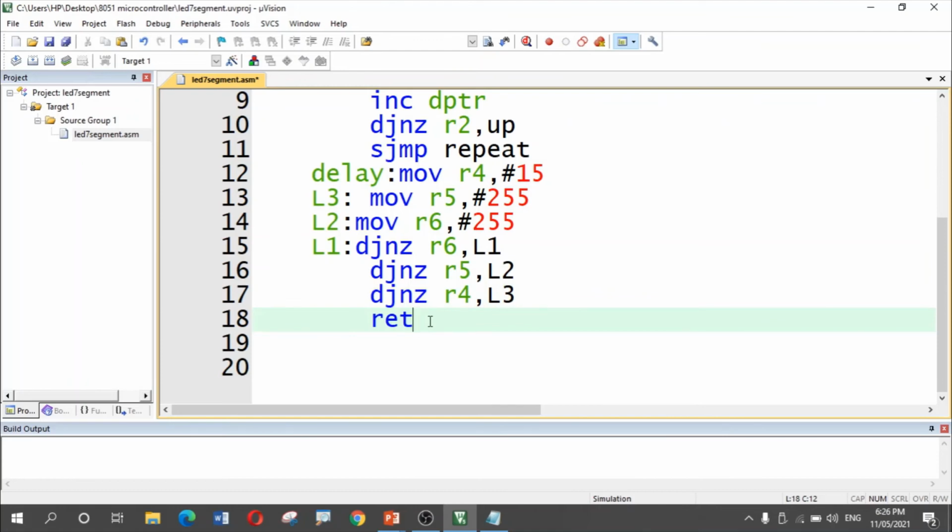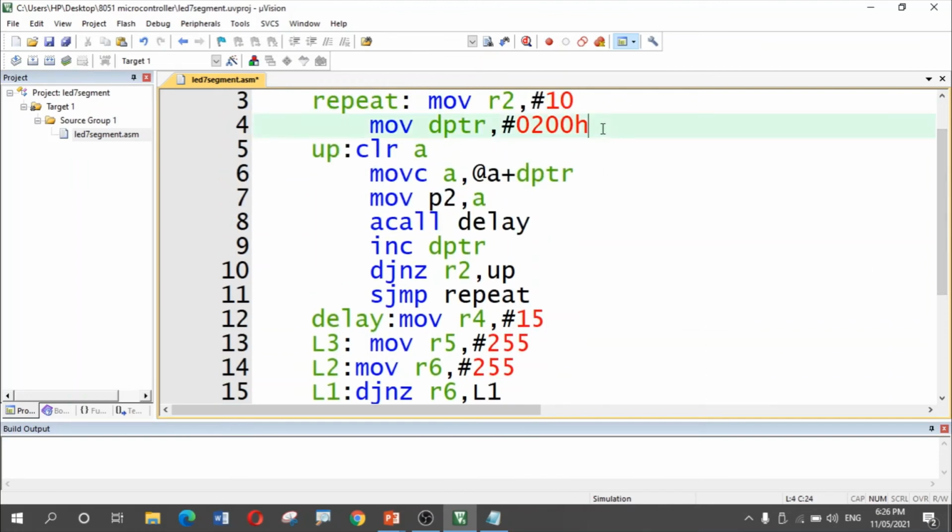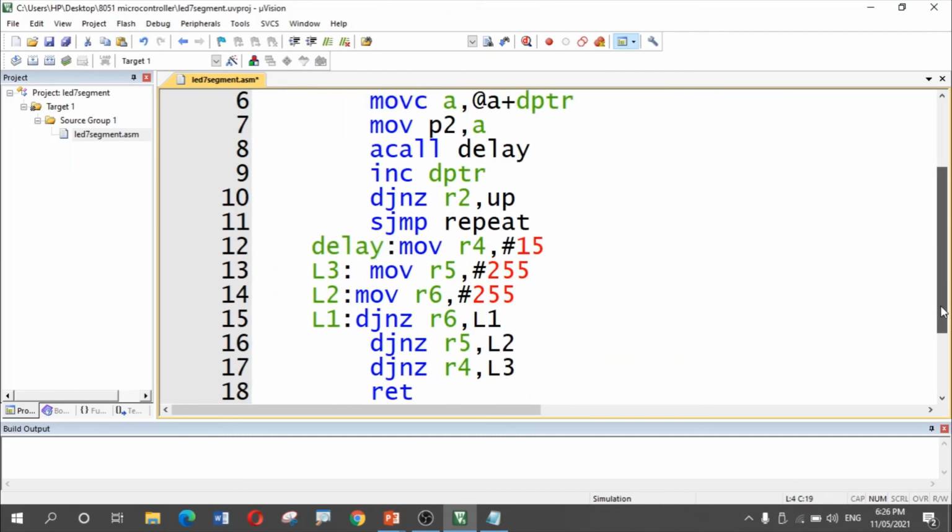It's time to store the values in the lookup table. So where is the lookup table stored? The lookup table is stored in memory location 200, because we have loaded DPTR with 200.